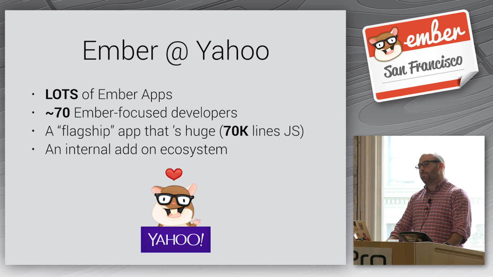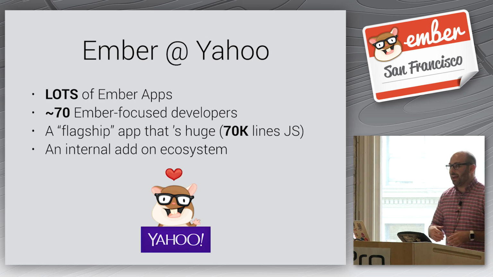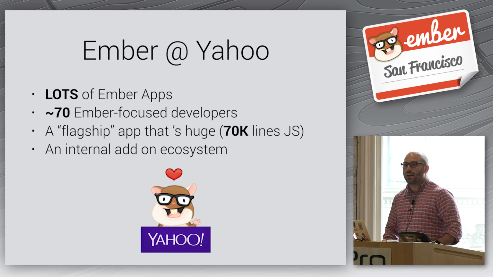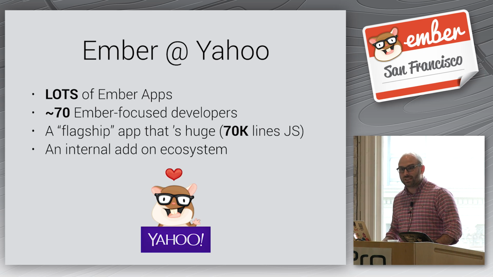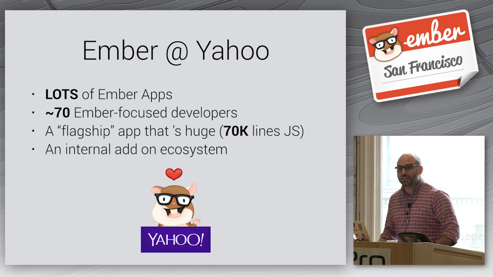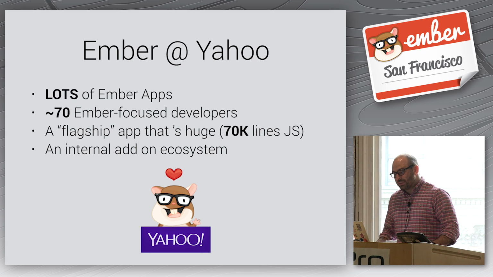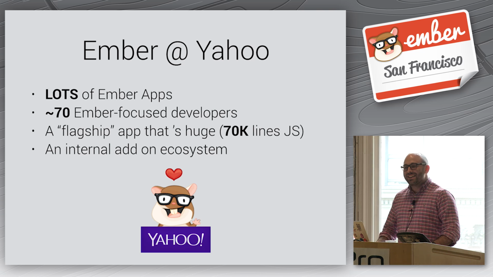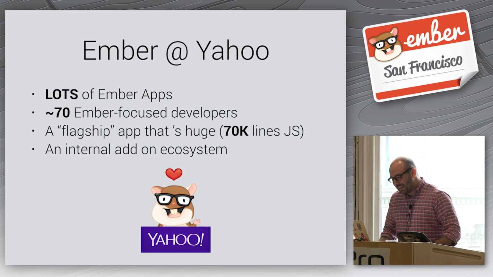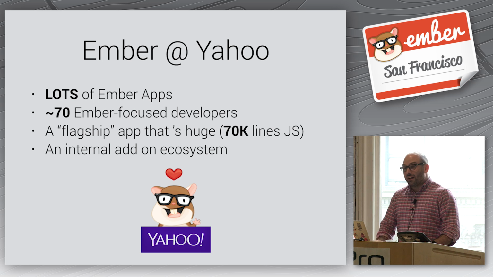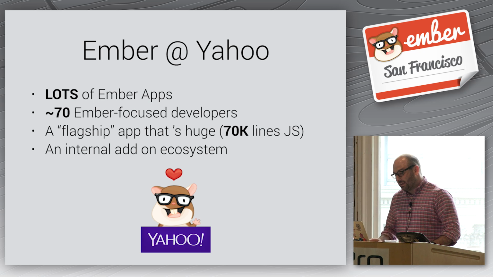And the flagship app that's sort of driving this innovation, and this is where a lot of our internal add-ons are extracted from, it's huge. It's about 70,000 lines, including tests. What's that? No tests. 70,000 lines without tests, Steph is telling me. So a lot of Ember going on at Yahoo. And so today,